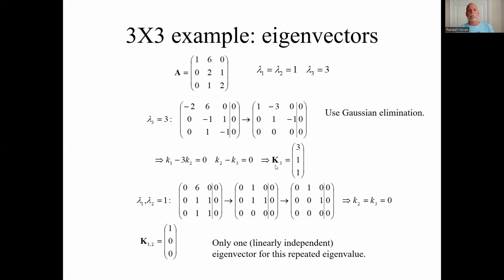Now let's do the repeated group, the repeated eigenvalue. Subtracting 1 from the main diagonals, I get a 0, 1, 1, right? And the rest is the same. Here's my augmented matrix. I do a little bit of Gaussian elimination. I get this. Again, a row of all zeros. How many rows of all